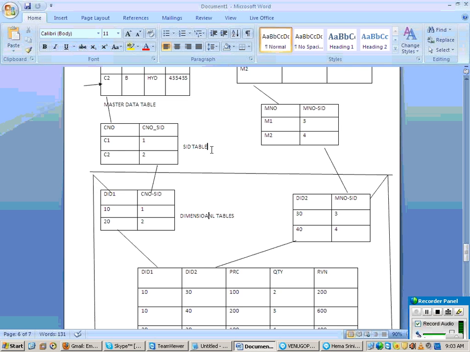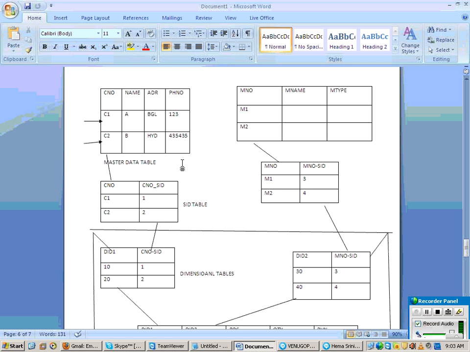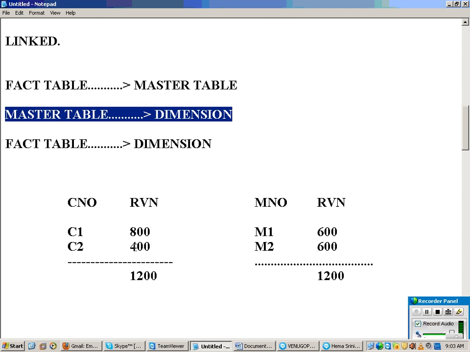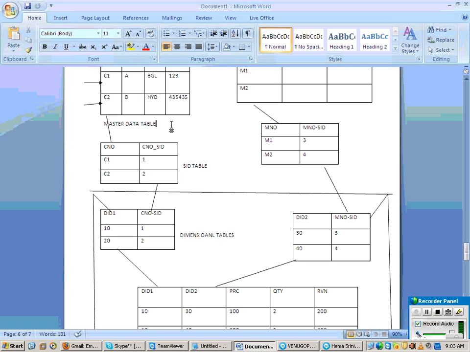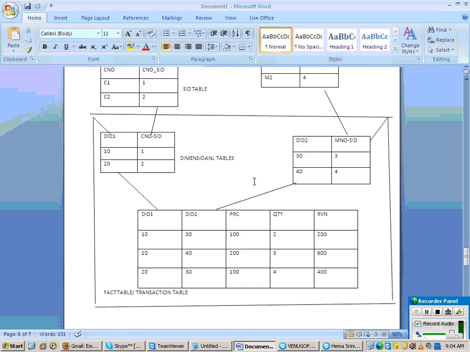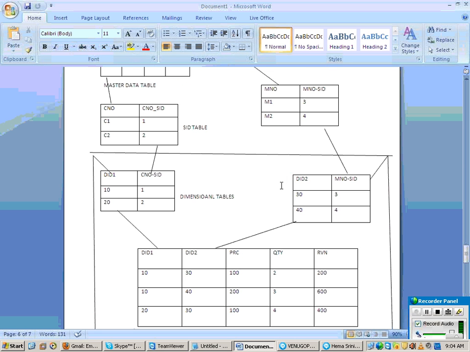Yes. Then what is next? You have connectivity from dimension to SID, SID to master, which means dimension to master is also there. So this is also satisfied. And fact to dimension, dimension to SID, SID to master, means you have a connectivity between fact and master also. Clear? So this is how exactly your data is stored in the BI database. You have connectivity from fact table to dimension, dimension to SID, SID to master. So if you look at the data in the database, this is how it stores.